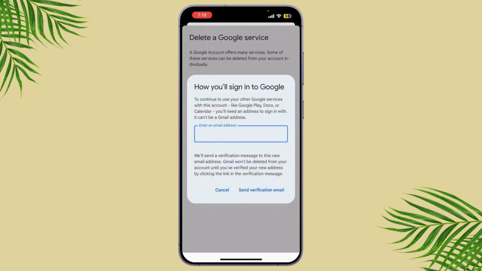Remember, deleting your Gmail account is permanent and you won't be able to send or receive emails, and all your data will be lost. So make sure to back up important emails and contacts first. And that's it. Your Gmail account is now